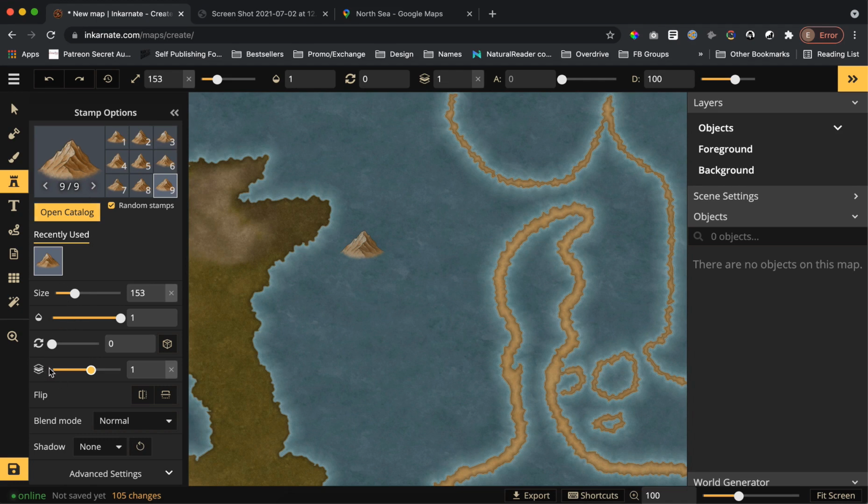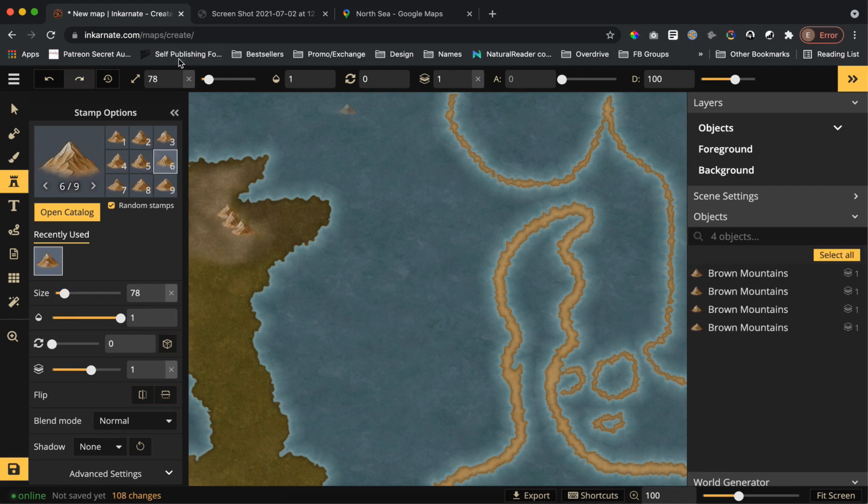This layering comes more when you have multiple stamps, because everything I think here is the bottom layer. But let's say you wanted to add some of these up in Scotland. Let's see. You could do that. Now that doesn't really work because it doesn't fit with the textures. So